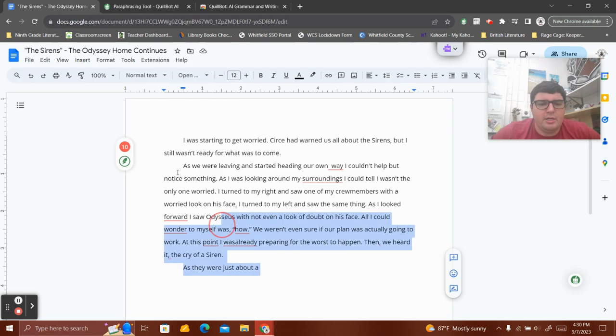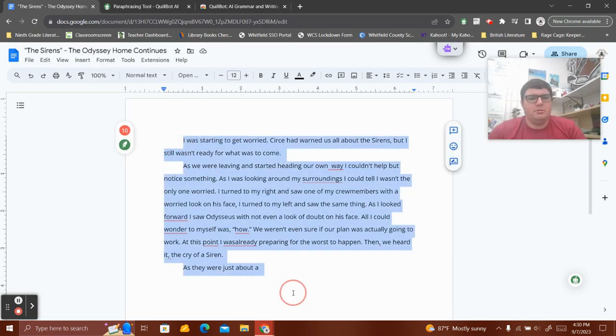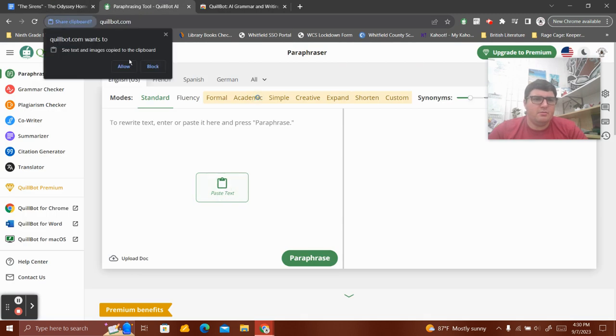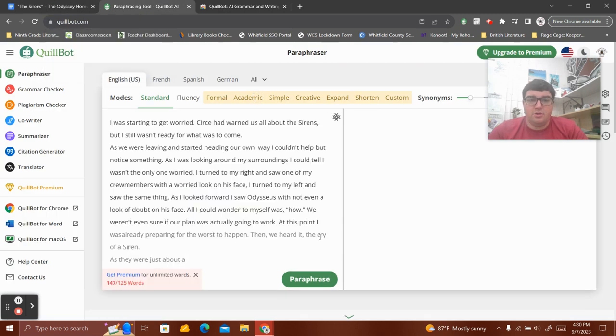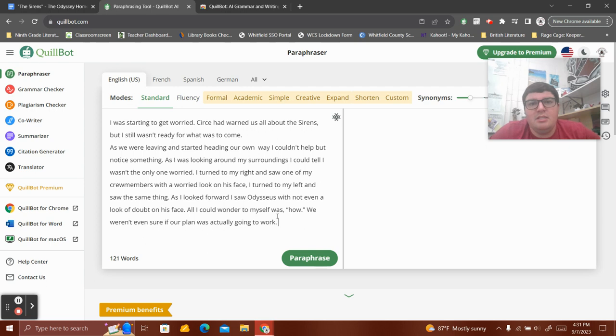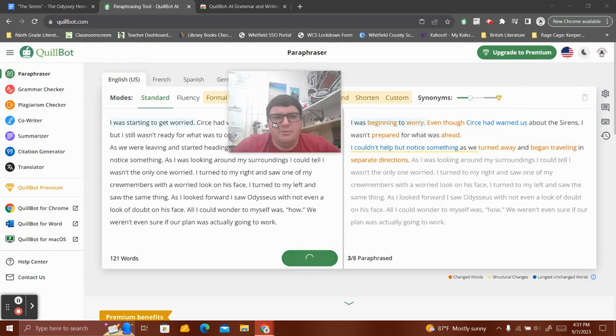Now, I'm going to go ahead and copy all this. So just Control C and then Control V. If you'll notice, the paraphraser right there cuts it off. There's a certain number of words that you can do, unlimited words versus the limited version. But if I was to use the paraphraser, to paraphrase something is just to rephrase or summarize it. So if I click paraphrase here,